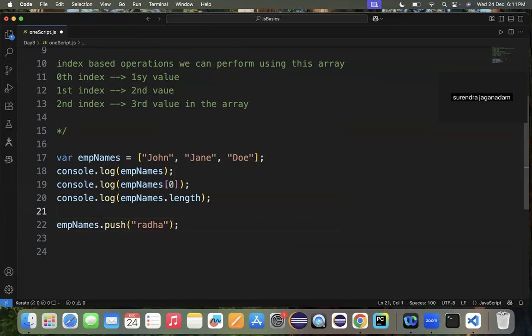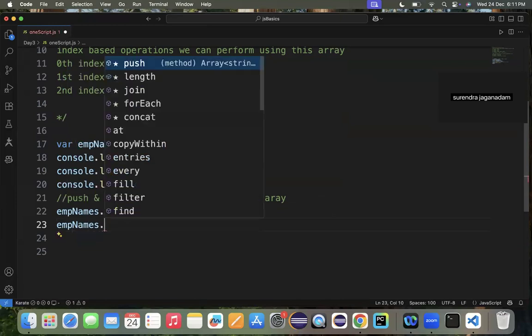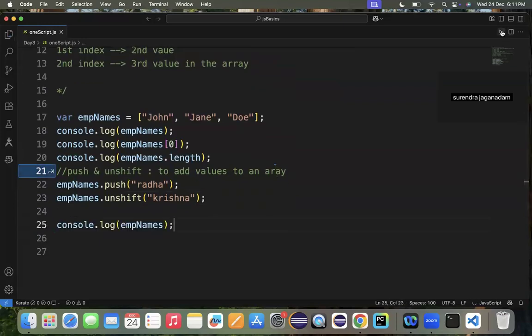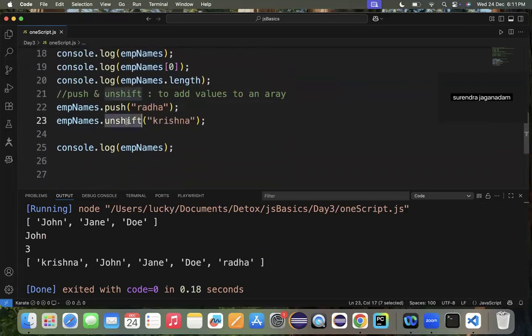So here we have push as well as unshift methods basically to add values to an array. Okay, perfect. So here emp names dot unshift, and this time I'm giving it as Krishna. And let me print this emp name. So when I run this program, if you observe, the unshift is the one which pulled that particular value to the starting of the array, and the push is the one which pushed the value to the ending of an